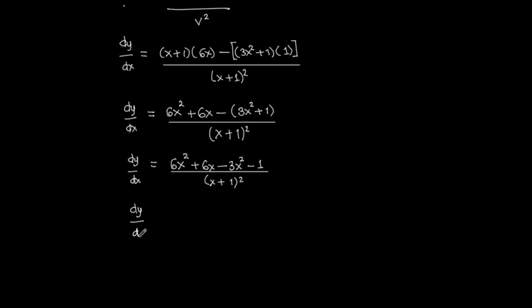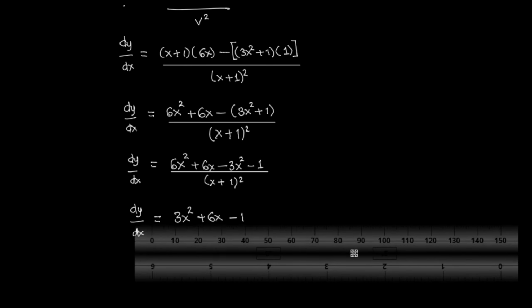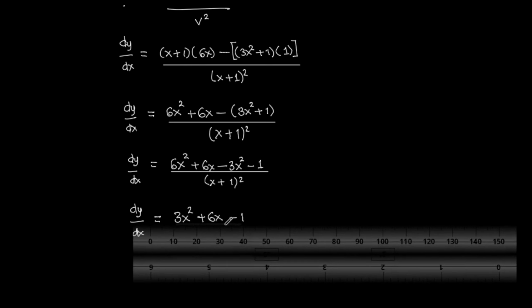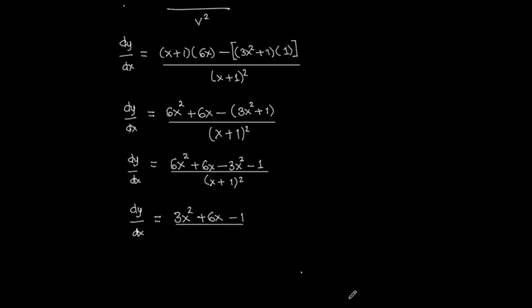So dy by dx will be equal to, now 6x squared minus 3x squared yields 3x squared, and then this term with the x is only 1, so we can copy it down here, and we have 6x and then minus 1. So again we can divide it by our denominator, and this time the same denominator passes, where we have x plus 1, also squared. Now at this point we have got